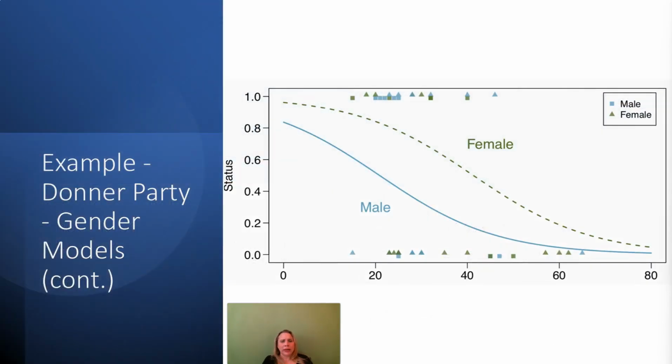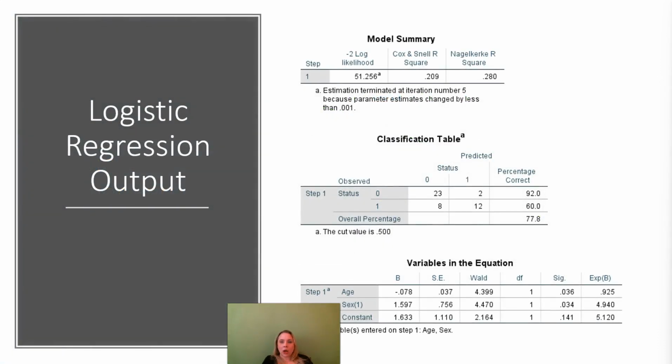And so we end up with two separate functions within our logistic regression context here. By using that as a dummy variable, remember, we're pulling these two models together to look at it within a multiple logistic regression output. And so when we look at all of the components of our SPSS output,